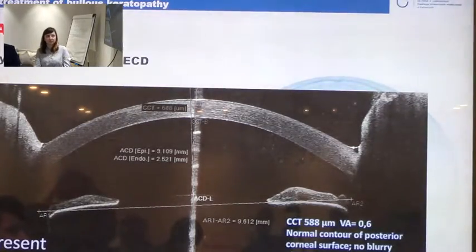good clinical condition. As you can see, the contour of the cornea is normal. The central corneal thickness dropped to 588 micrometers, and the visual acuity is 0.6 in Snellen's chart. The patient is satisfied with this result. She knows that this is not 100% visual acuity, but she reports no blurry vision. How long after the